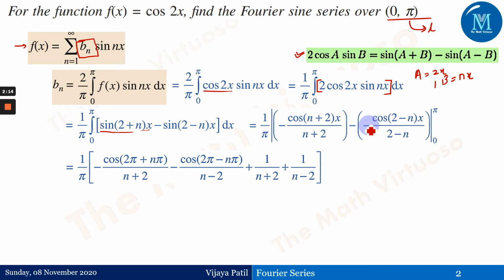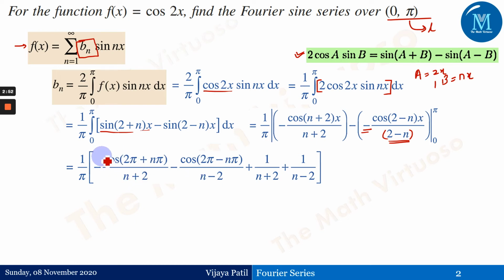As we have got this as n plus 2, n minus 2. Fine, we have minus minus here, so it should become plus. But as we have written n minus 2 instead of 2 minus n here, if you observe, it is 2 minus n, so we have made it n minus 2, because it is easy for me to go ahead with this n plus 2. Therefore, one minus sign we have taken out, and that is the reason this sign is getting combined with this, and therefore there is no change in the sign here. So this minus is getting adjusted with this function in the denominator. So minus cos of 2 pi plus n pi upon this.